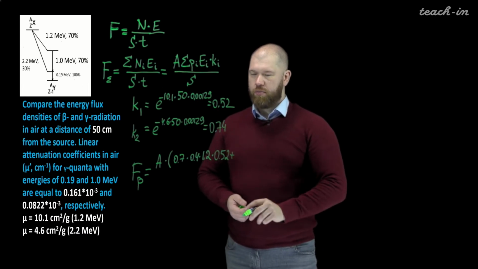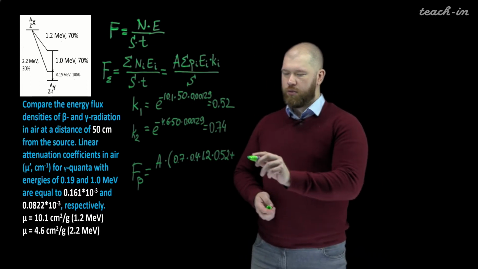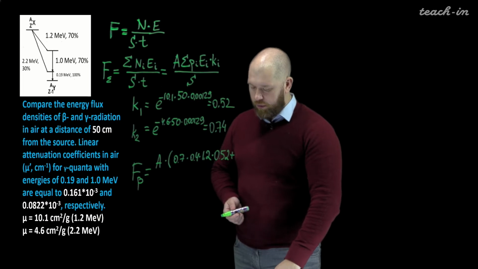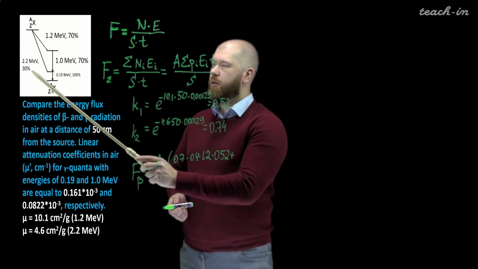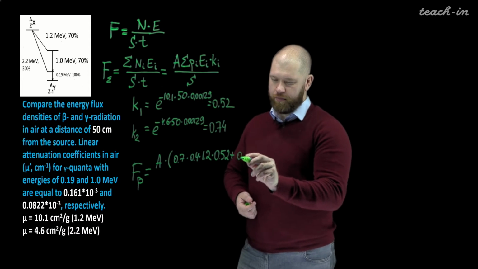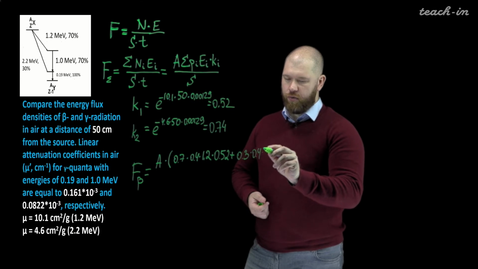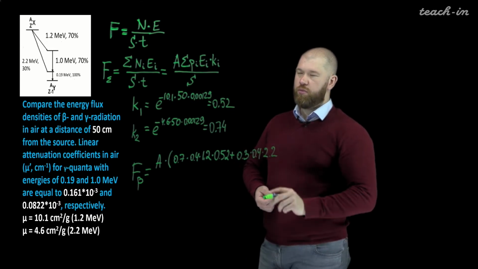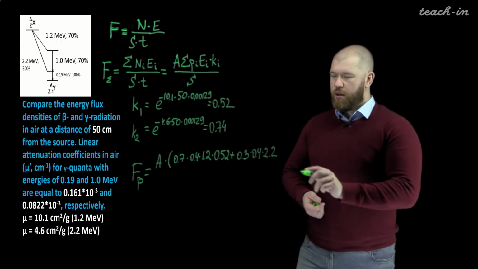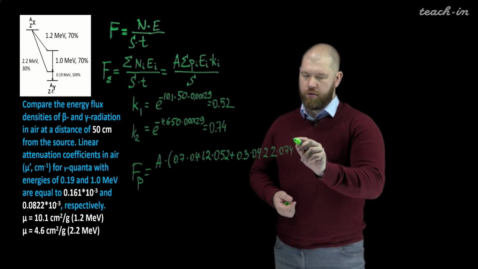We summarize it with the second sort of beta particles. So the probability of these beta particles will be 30% or 0.3. Again, average energy is 0.4 multiplied by 2.2. And then the attenuation coefficient,